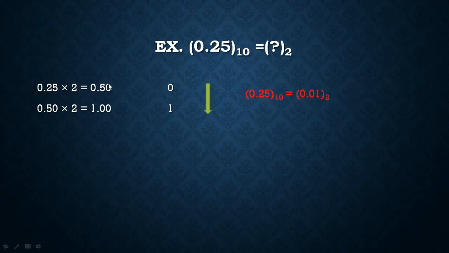The remaining part is the fractional part. Again we multiply the fractional part by 2. So 0.50 into 2 is equal to 1.00. Again we pick up this bit for the result, and the fractional part becomes 00, so it vanishes. Now, to write the result for fractional decimal to binary, we record the result from top to bottom, and write 0.01 to the base 2. In this way we convert the fractional decimal number into the binary number system.